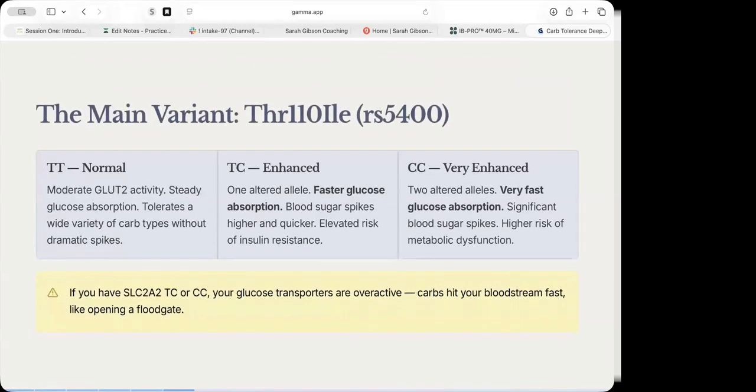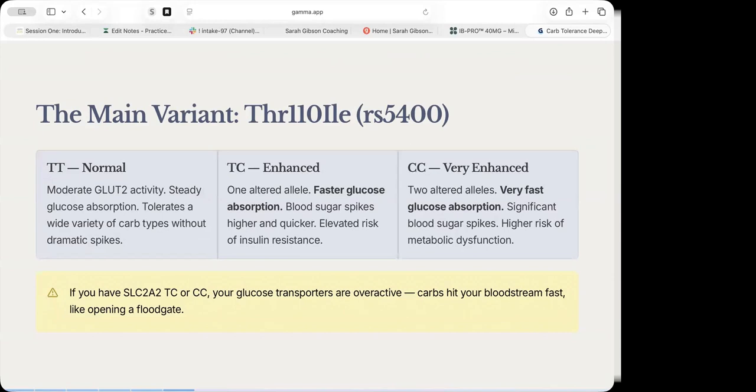TT is normally considered the wild version of the gene. So it'd be considered a normal version of the gene. That means you've got pretty moderate GLUT2 activity, steady glucose absorption, and often means that you can tolerate a variety of carbs without dramatic spikes. Now,